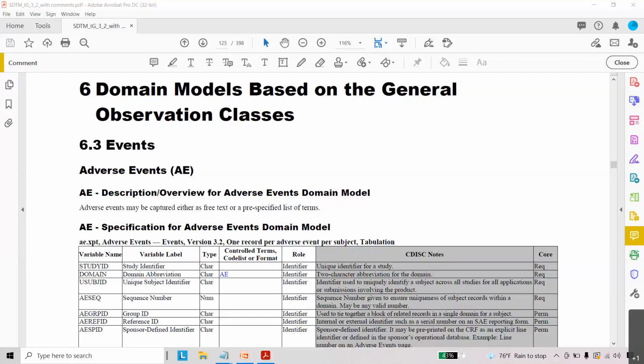An adverse event is an untoward event, not expected, usually occurring after the administration of a drug product to a subject. As per the SDTM IG and the requirements, every event after the subject signs the informed consent form has to be captured.